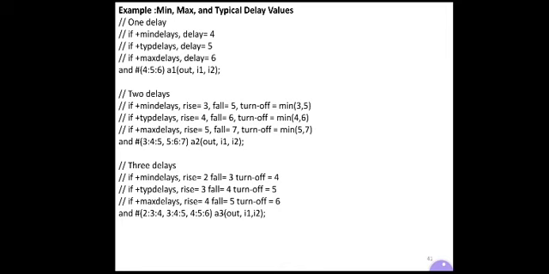Then typical value 4 is the rise delay, 6 is the fall delay, turn off delay will be the minimum out of 4 and 6, and the last one, rise delay is 5, fall delay is 7, and the turn off delay will be the minimum between the 5 and 7. So like this the second example goes,